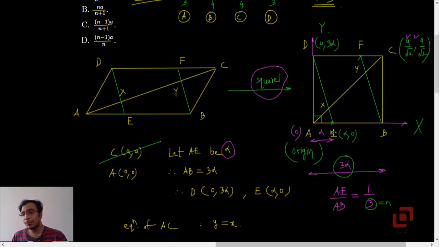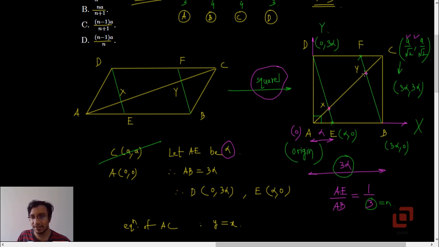Once you get this, your job is simple. This now is a school geometry problem. We will change the coordinates of C now from a by root 2 to 3 alpha comma 3 alpha, because the y coordinate of D is the same as that of C, and the x coordinate of C is the same as that of the point P. So 3 alpha comma 3 alpha. Now let's go to point X, and then we'll go to Y.